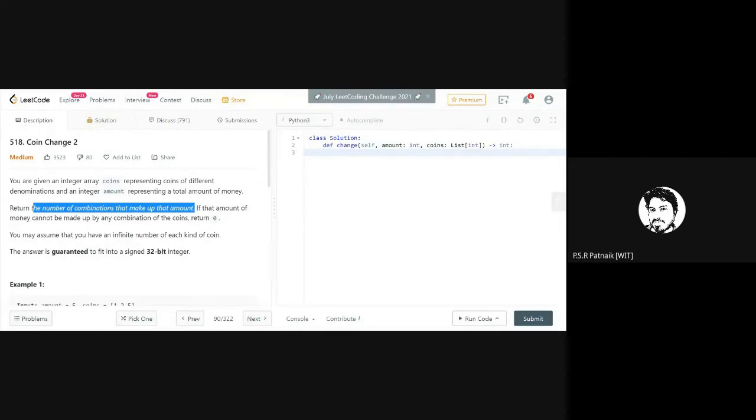You can see that this has been specifically highlighted in italics on this problem. This is a hint to the developer that most probably this is a dynamic programming problem, and as I said, it falls under the pattern of decision making problems.